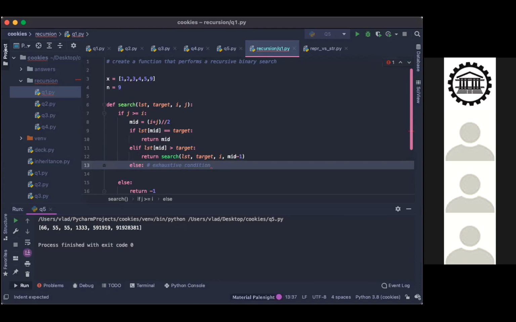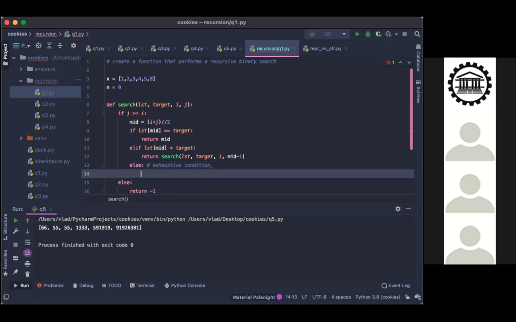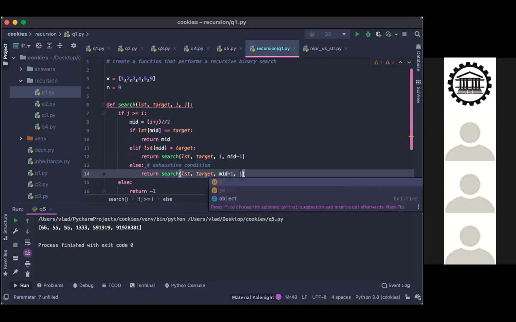So it's exhaustive, meaning you've checked every single other case. Return search, list, target, and this would be mid +1 to j, whatever that j is.